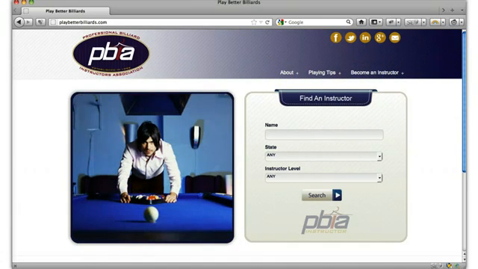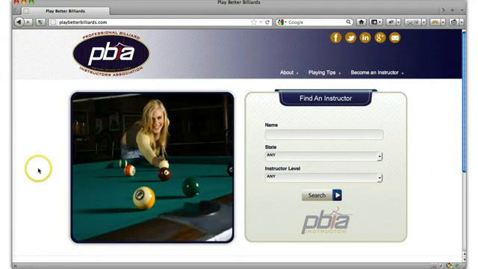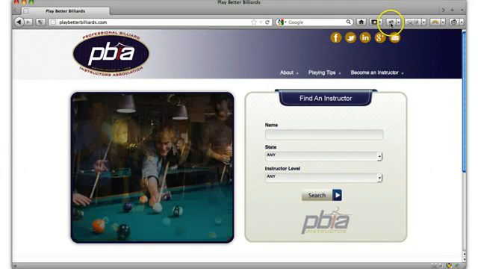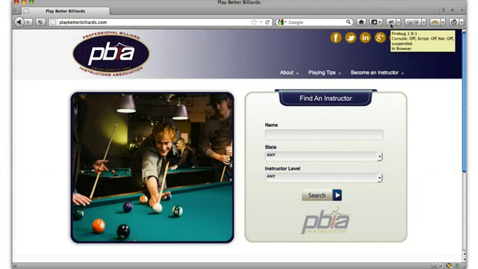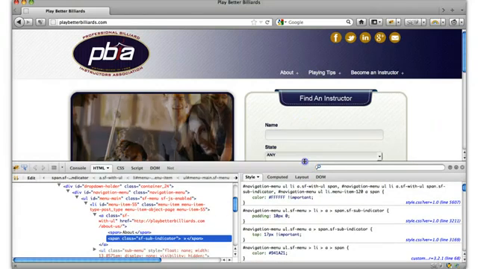So right here I have Firefox, and there's a plugin. Firefox is an internet browser if you don't know. And there's a plugin called Firebug that you should download, and it's this thing. You just download it and install it. It's pretty straightforward. So let's click on Firebug, and this allows us to inspect the code and see what is